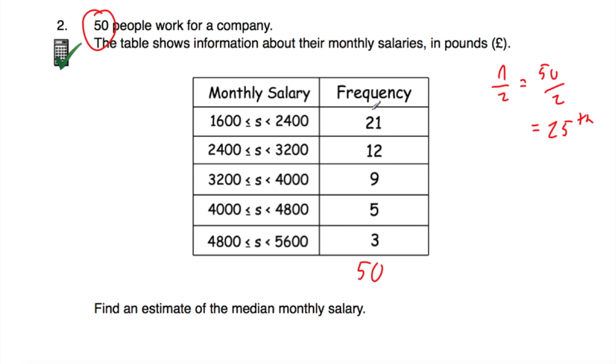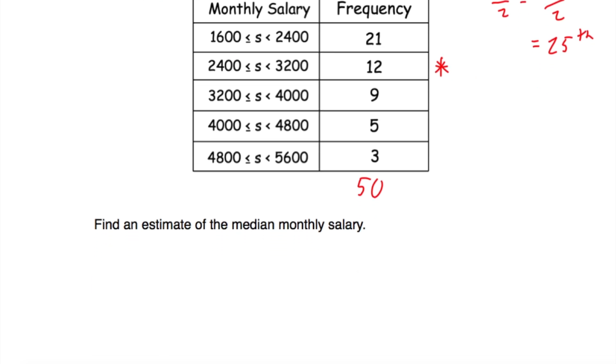Is the 25th value in here? No. Would the 25th value be in here? Well, yes, if we had 21, we just need to go over 4. This category has a frequency of 12, so yes, the median would be in there. That means we're going to look at this category here, and we're going to use our linear interpolation formula. That's the lower bound plus the number into the category, or class interval, over the number in the category or class interval,